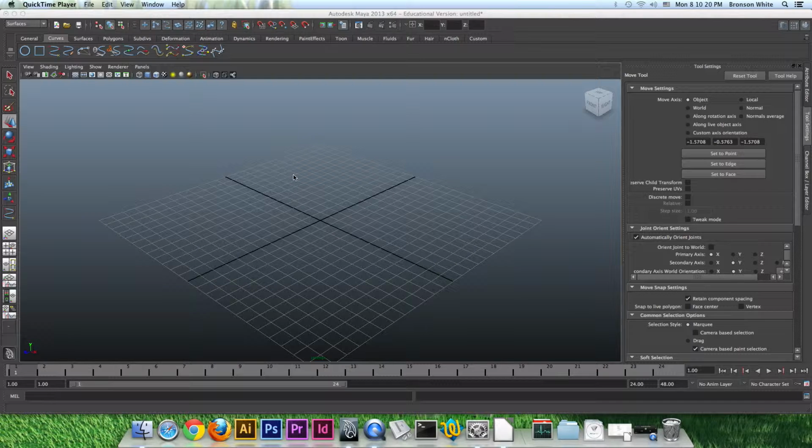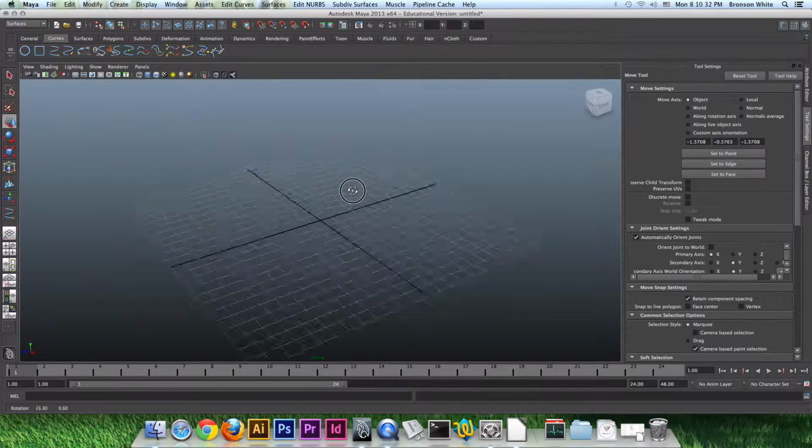Today I'm going to be showing you the curve tool and how to revolve a curve to get cylindrical objects such as cups, bowls, anything that's round, you can do it. Alright, so first off,